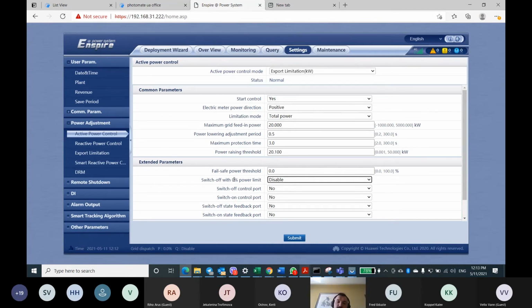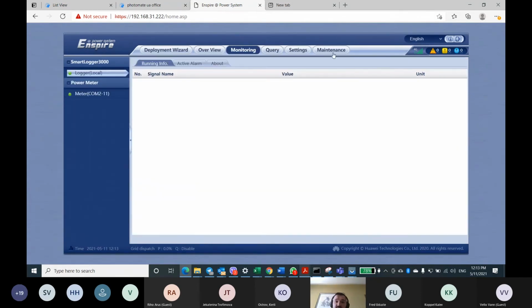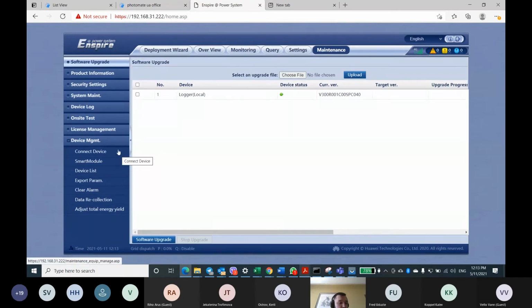Again, I never saw anyone use it, but this function is available and we even checked it. So if the inverter is producing too much energy and does not respond to the Smart Logger command to reduce energy production or to switch off, the Smart Logger can disconnect the AC circuit breaker of the inverter. In this case, it will be totally disconnected from the grid. So you can also set it up. So basically, that's it.